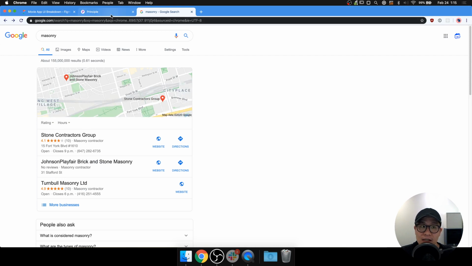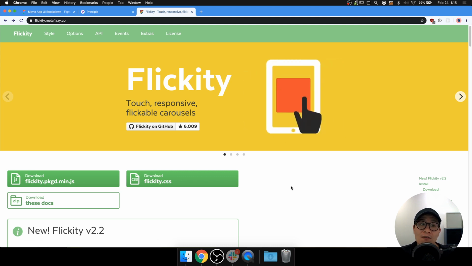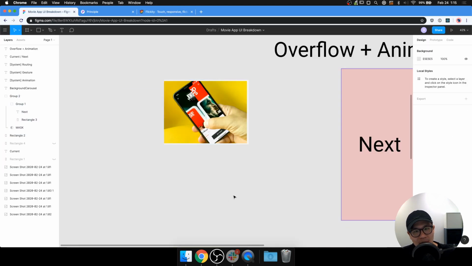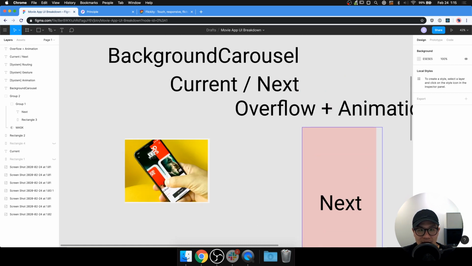And I believe they've also taken control, not taken control, but voluntarily taken ownership and responsibility of improving and maintaining Infinite Scroll, which we all know and love on the web. Anyway, we need to create some sort of carousel system here that